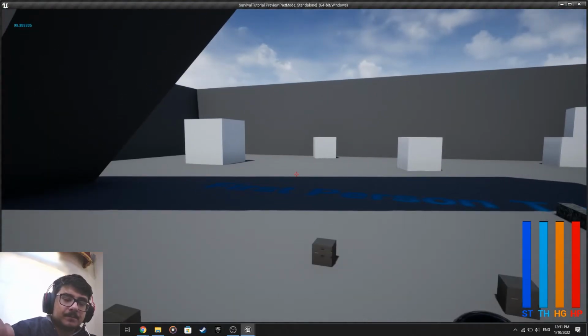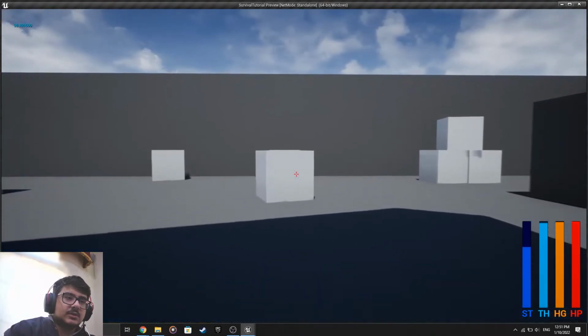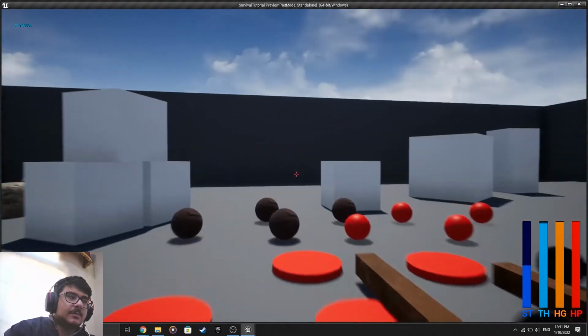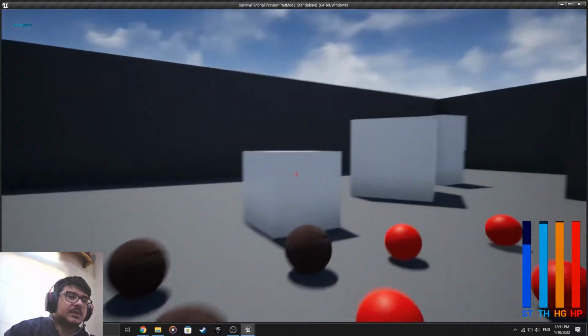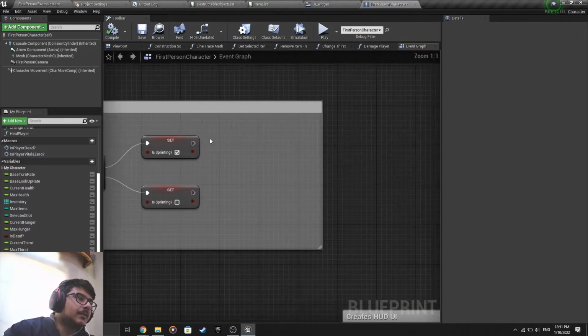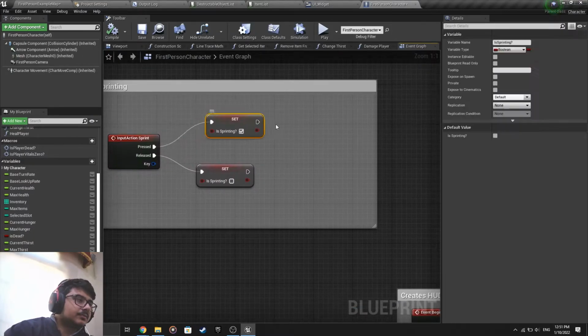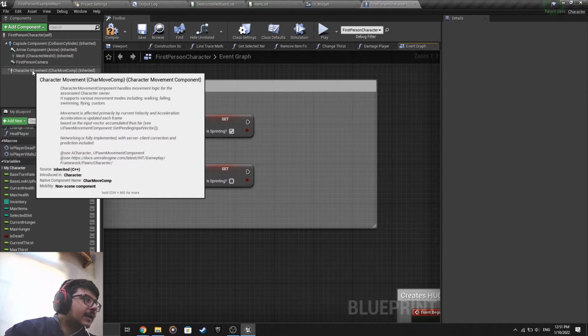The actual player is not sprinting. It's just the boolean part and the stamina part. As you can see here, I'm not sprinting right now. If I walk, it's just the same thing without sprinting. So let me make the actual sprinting up here. We do this, not like this. We go here and